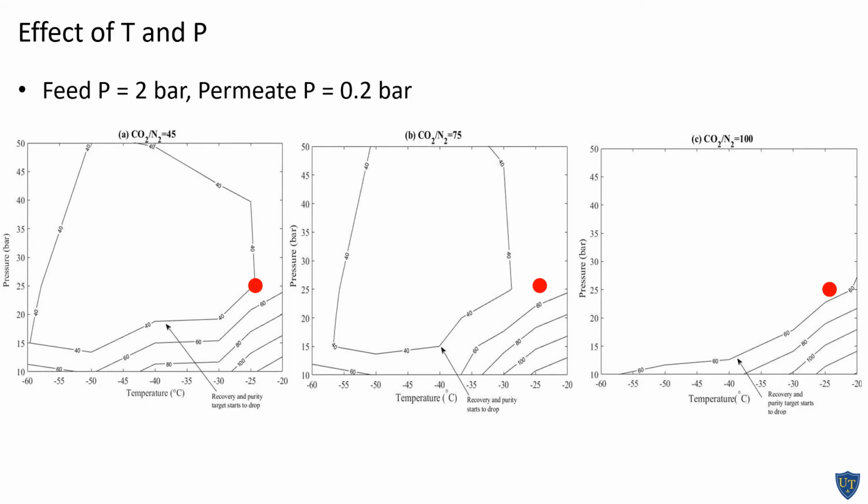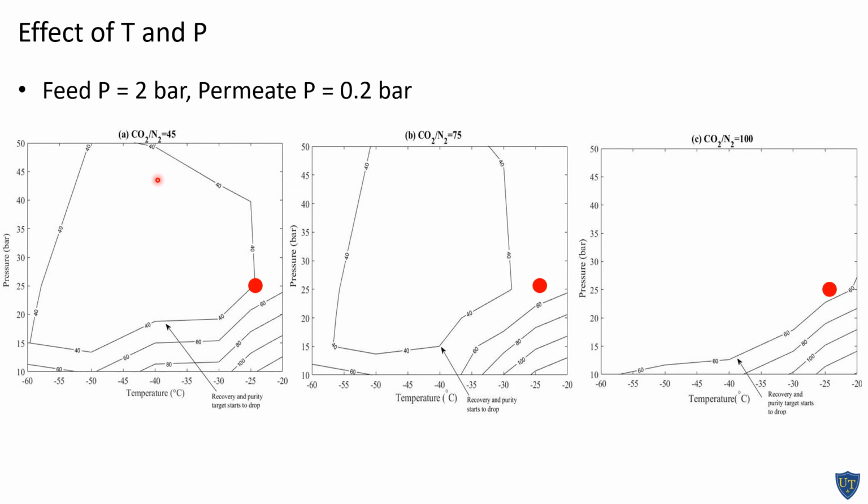The results thus far have held the liquefaction step constant at the specified conditions. And now we're going to look at optimizing those conditions as well, the temperature and pressure at which we perform liquefaction. This slide illustrates the effect of changing the liquefaction pressure and temperature for three different fixed values of the selectivity from 45 to 100 and fixed values of the feed and permeate pressure of 2 bar and 0.2 bar respectively. Now the contours here are not of levelized cost of electricity, but of percent increase in levelized